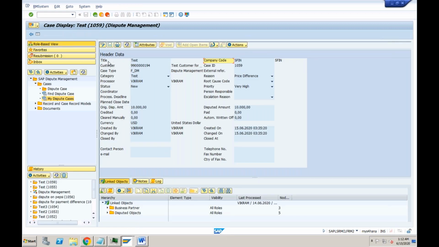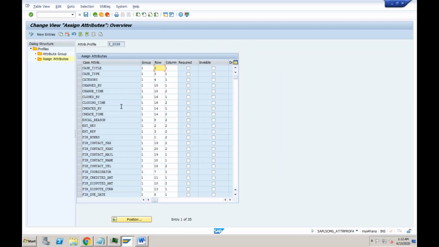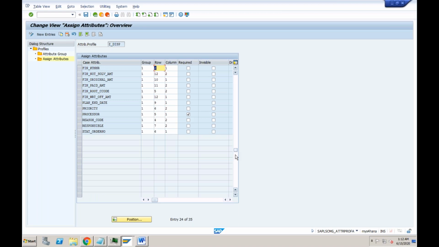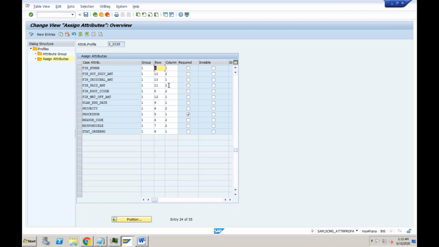So if I want to replace this title, the second field, and customer should be my first field. So what should I do? Title would be row number 2, column number 1, and customer should be row number 1, column number 1. So let's do that settings. Let's find out where is the customer. It should be in row 2 and column. Yeah, this one. You can see Kunnar. So row number 2 and column number 1. So I'm changing this to row number 1 and column number 1. So this has become my second field and this has become my first field.